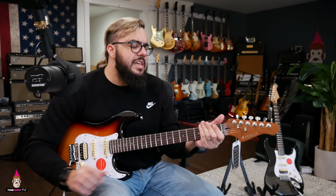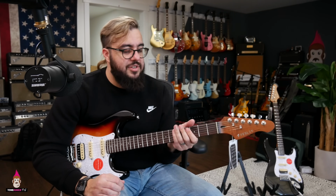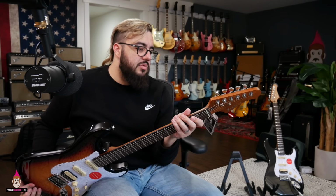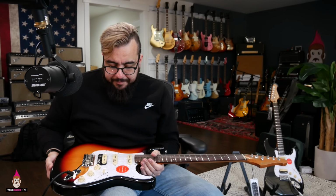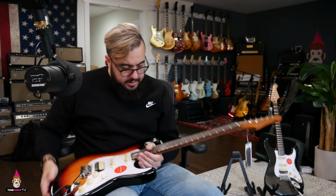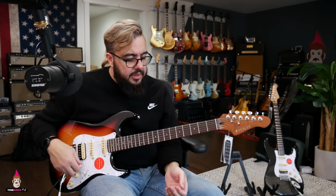This one, weirdly, this neck feels a little thicker too, but I know it's not. I can tell it's not. It's just that action makes it overall feel a little different. This neck is also darker. I guess it's more roasted or whatever, a little darker there. And super clean. This just came out of the box, and I can hear it drifting just a little bit, but